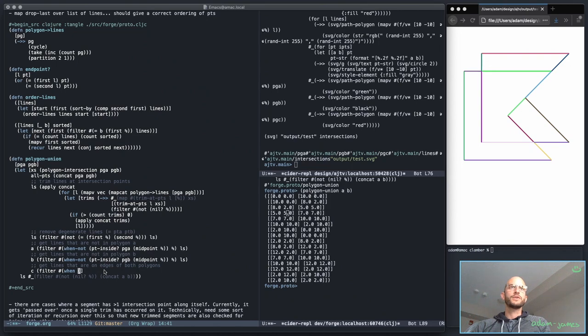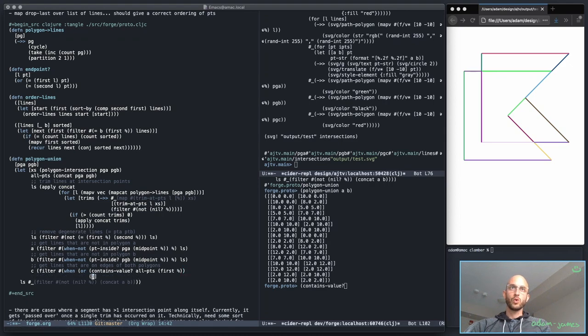And here, the filter is when or let's see, contains value yeah, all points is the list of points first or